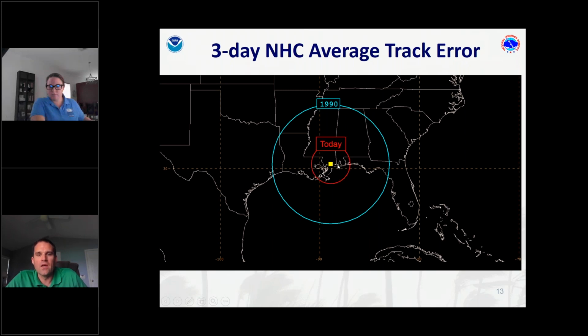Now jump ahead to today. We've cut that area probably by 75% or so. Now, if we put a forecast at 3 days here in southern Mississippi, the average error would suggest that the storm should be somewhere in the vicinity from southwestern Louisiana all the way over to the extreme western Florida panhandle. So we've made dramatic improvements in the average track forecast error, but we're still not good enough